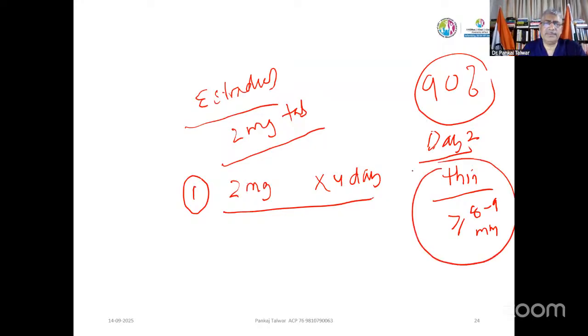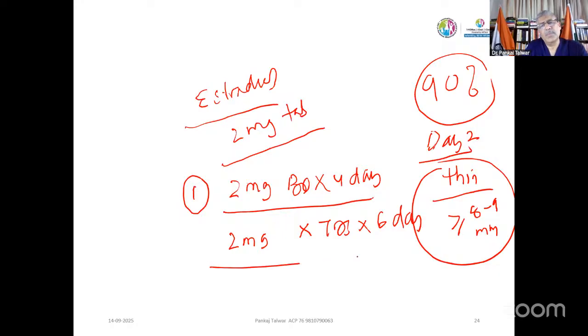I start with Proginova or Endofert or Estrabet. You take any brand. 2 milligram tablet for 4 days. And then I give 2 milligram BD for 4 days and 2 milligram TDS for 6 days. And I call her on day 10 for